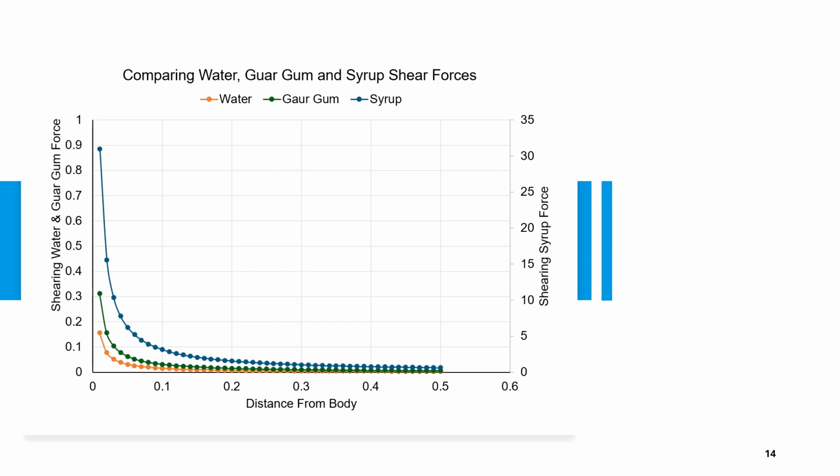Comparing water, Gargum, and shear force, whichever you decided to look at, hopefully you came up with something with a profile similar to this. With water, we start out with a profile that starts at approximately 15 newtons on that first centimeter away from the body, and in that second centimeter shell away from the swimming body, we've already dropped below 0.1 newtons of force, and we go all the way down to 0.08, and then we drop even further down to 0.05,